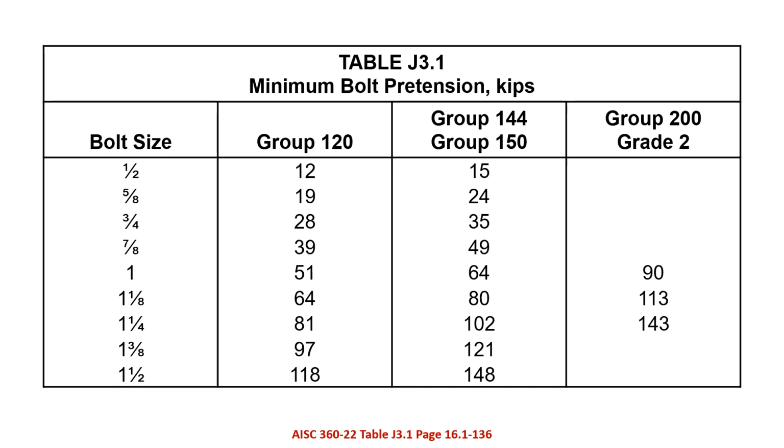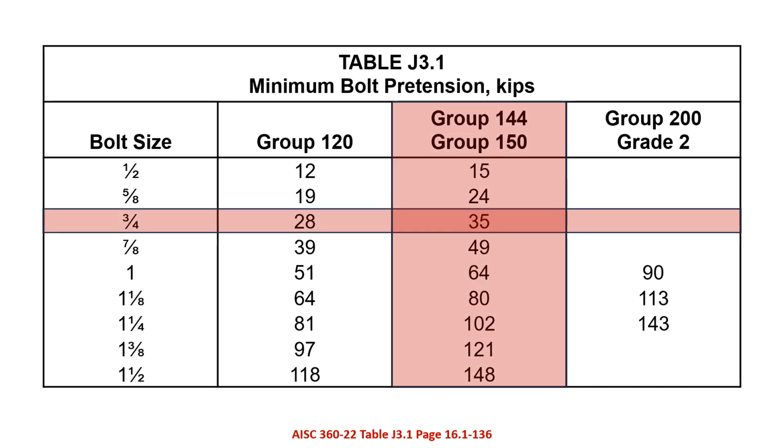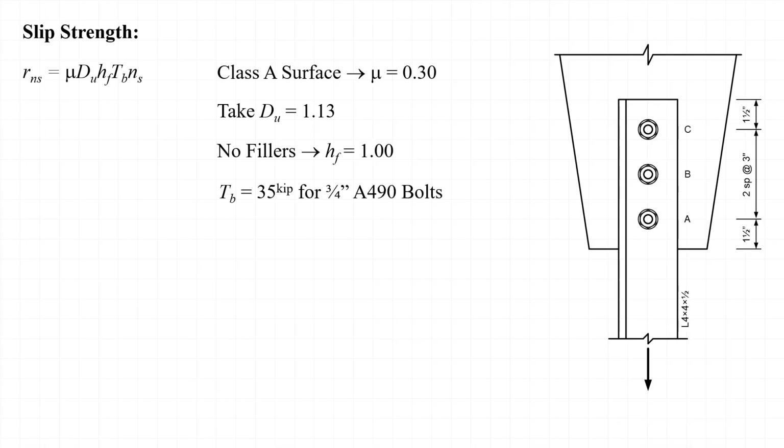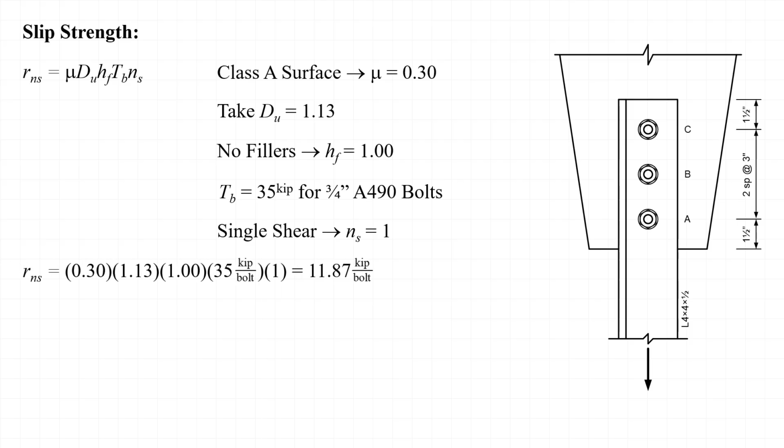T sub B is the minimum specified pretension for the bolt. This is found in AISC table J3.1, and for a 3/4 inch diameter A490 bolt, which is a group 150 bolt, the minimum specified pretension is 35 kips. This connection is a single shear connection, thus it has one slip plane and N sub S is equal to 1. Substituting these values into the equation, we calculate a nominal slip strength of 11.87 kips per bolt,